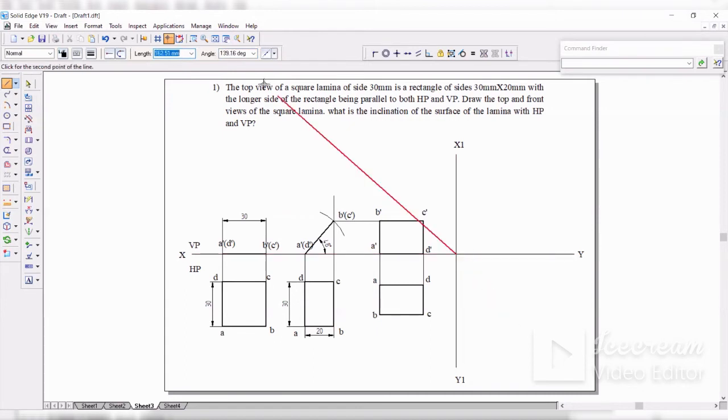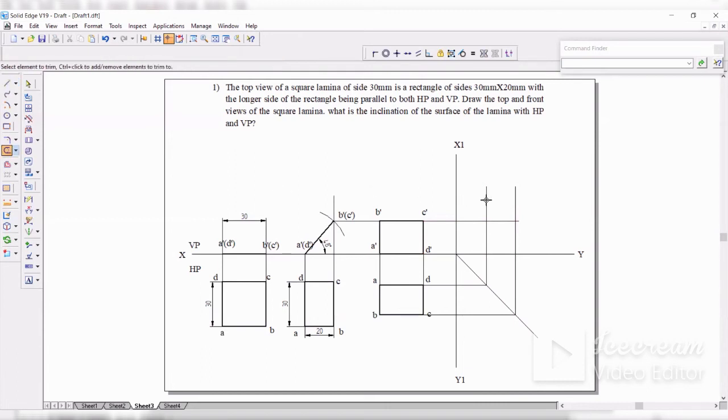Now from here I should draw from the intersection. I will draw a 45 degree line. You can see here and draw the 45 degree line. Okay. Now construction lines again. From this point I will draw here, and this line I will draw here. Now take this line, extend up to here. Similarly, take this line, extend up to here. Similarly, draw lines from here as well. Finish off. Now, delete the extra lines that you have drawn. Okay. Now it's done.